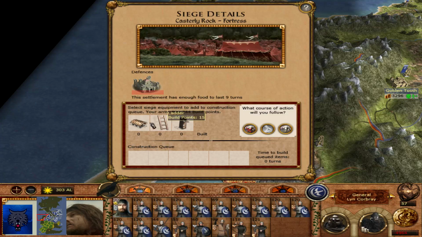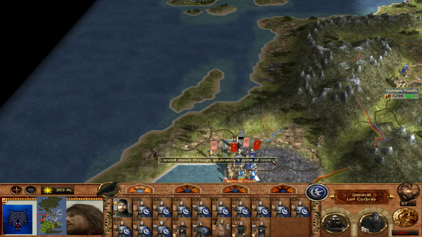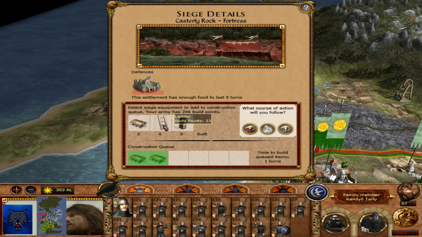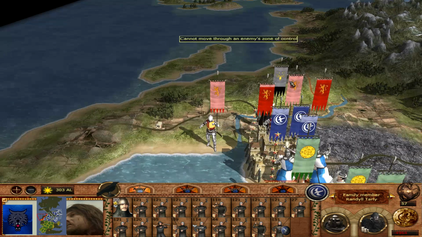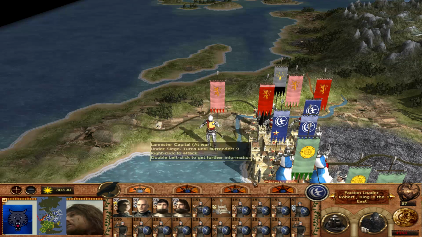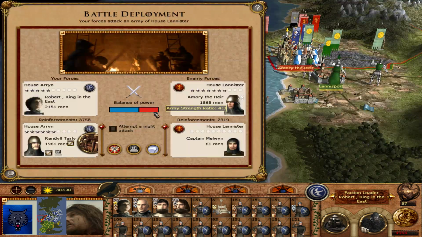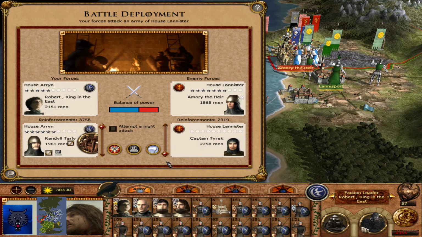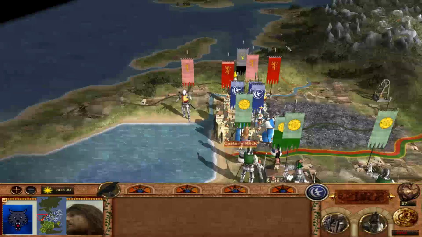Okay, I think if we fight this on the field, we might be able to bring in the Greyjoys to help. What's the auto resolve? It's a 5-4, and the Greyjoys don't come in. If I...